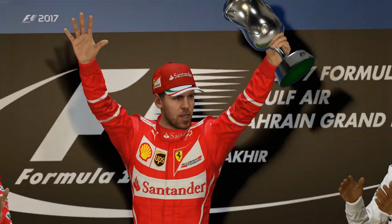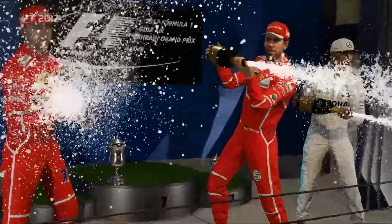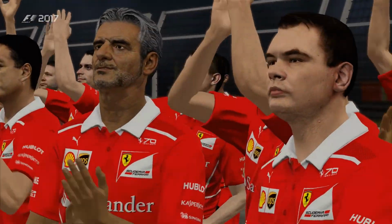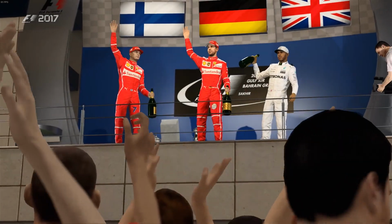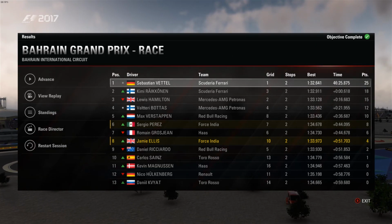So it's 2 wins for Vettel, 2 wins for Hamilton, 1 win for Vettel, and the championship is very much alive between those two. No OP Kimi Räikkönen in this career. I've seen it in so many others, but he seems to be second best to Vettel in this career mode, at least for now. And as we go on to results then, Sergio Perez gets his best point haul of